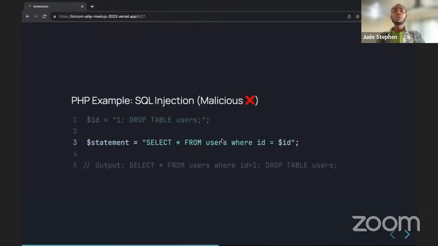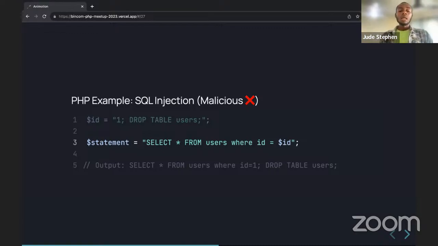For example, we want to select from the users table where ID equals the input, in raw SQL statements. Now, this SQL statement is vulnerable. If the ID is coming from the user of our application, he could not only add an ID, he could add additional statements. And with this additional SQL query statement, he could make additional SQL queries on our database.